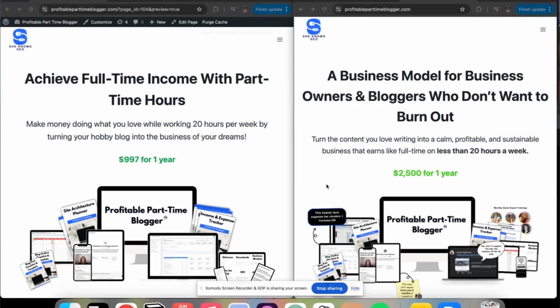Obviously, I cannot put the month-long, or almost month-long, I should say, work that this page took, as all of the rebuilds take, into just a 5-minute screen share, but I want to do my best to show you a little more on the specific changes we made and why. So when it came to the actual headline, which you can tell is a little bit different, it's going to